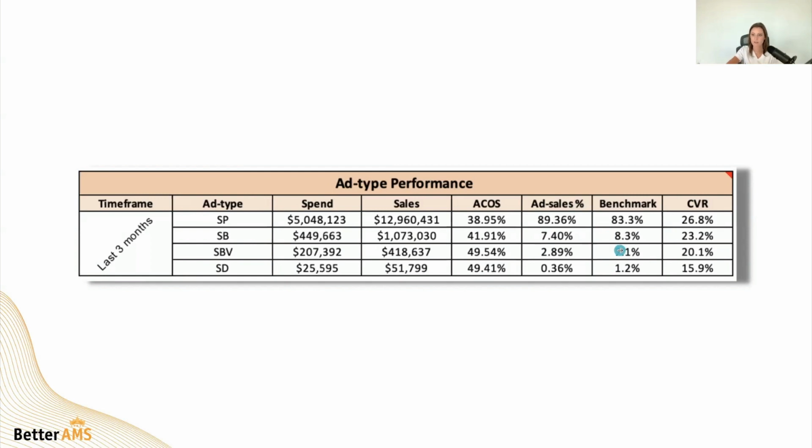This is where I have opportunity to scale. This is a great example of our conversion rate for sponsored display. It's pretty dang low. So I probably shouldn't be spending more on sponsored display unless my goals are to move up the funnel. On the flip side, I can see like, hey, my sponsor brands ads are going incredibly well. Conversion rate's really strong. Let's push more. So probably the last step that we're going to look at when we're looking at our budget